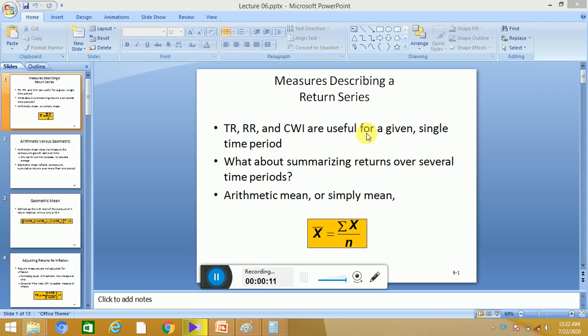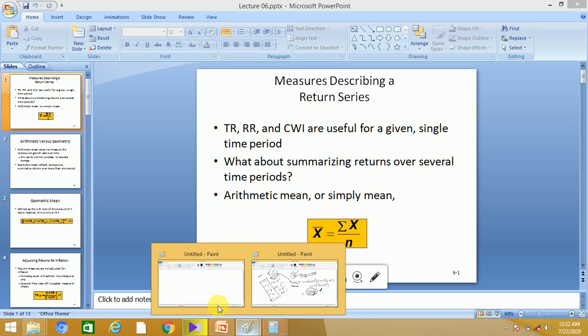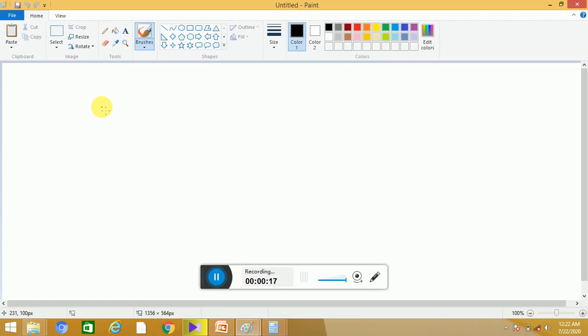In the previous class, we were discussing arithmetic mean and geometric mean. Arithmetic mean, the formula is x bar is equal to summation x divided by n, and geometric mean